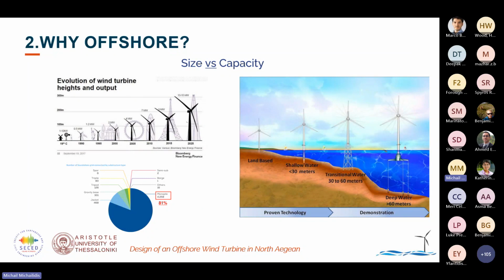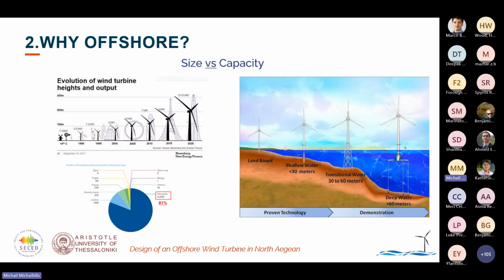On this slide, we can see the evolution of wind turbines across their height and their power production as well. Across history, you can see that wind turbines are becoming bigger and bigger, reaching almost the height of the Shard in London at 300 meters in order to achieve 14 megawatt wind power production at the moment.